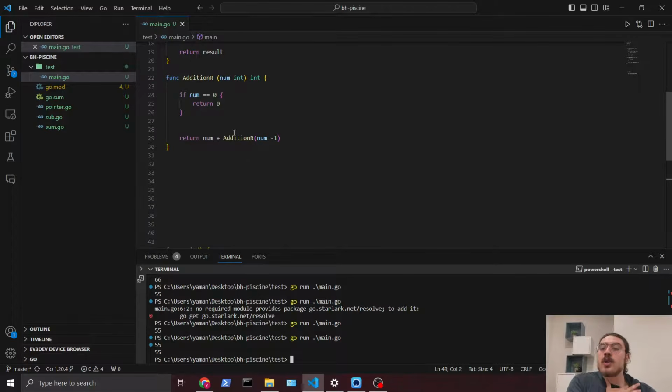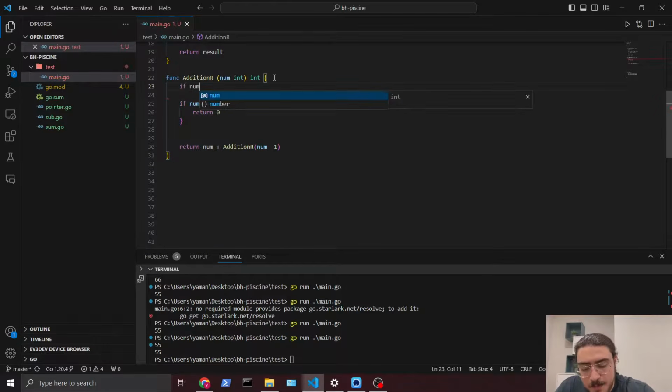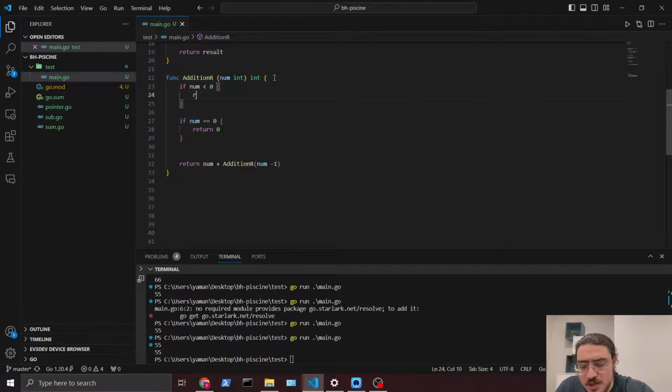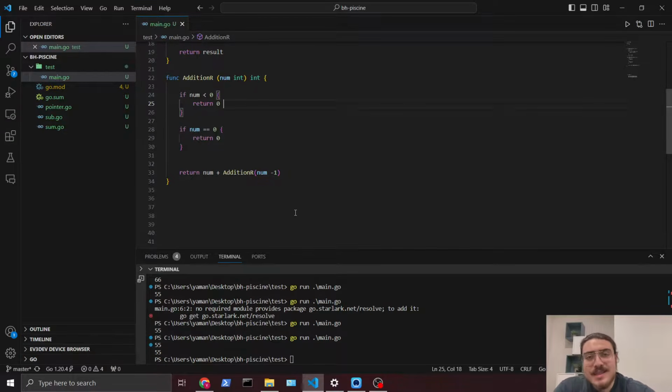So here you can also add multiple stopping conditions. For example, I can say if num is less than or equal, sorry, if less than 0, just return 0. Right? Why return 0? No, of course I don't want to do this on 0 أقل من 0 numbers. This is for example. And this is the difference between iteration and recursion. Now let's do another function, or another recursion function that multiply numbers together.